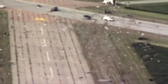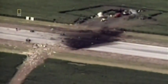A $21 million jet weighing 165 tons is brought down by a tiny metallic flaw. For the NTSB investigation team, there's a terrible twist to the tragedy. Investigators discover that United Airlines technicians made a routine inspection of the defective fan disc just 16 months before the